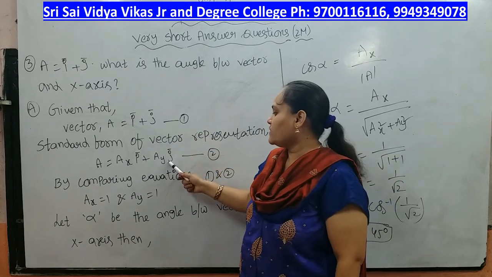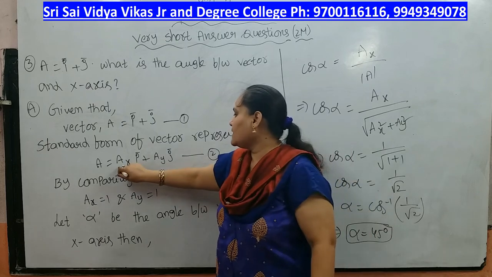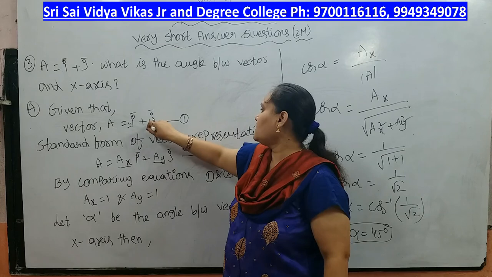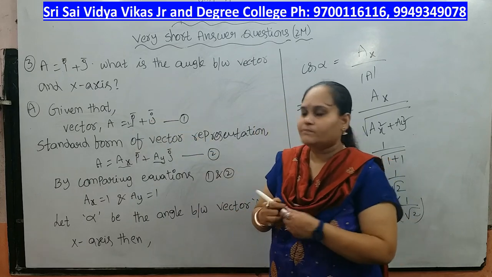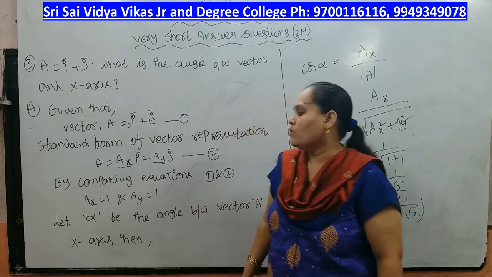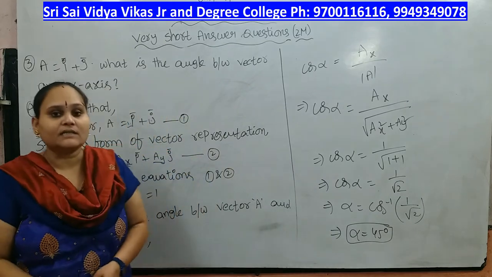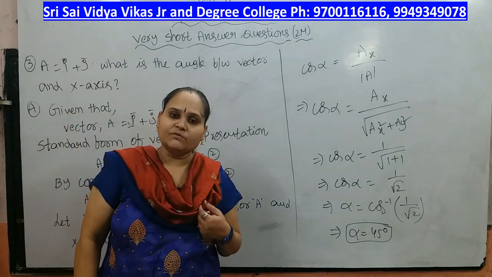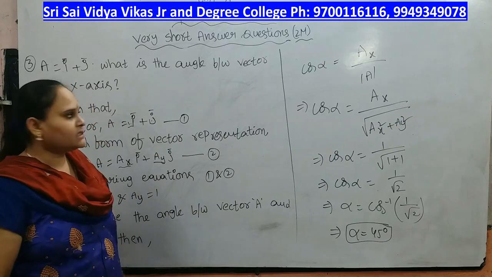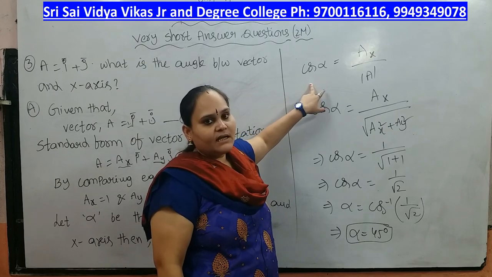Comparing equations 1 and 2, you can write ax equal to 1, and ay is also 1, since we have 1 into i plus 1 into j. So ax equal to 1 and ay equal to 1. Let alpha be the angle between vector A and the x axis. Then cos alpha equal to, alpha being the angle between A and the x axis,